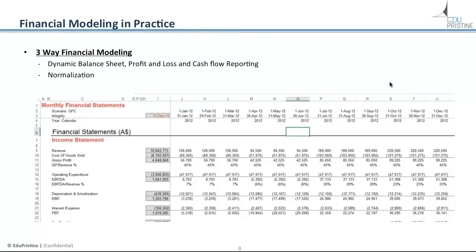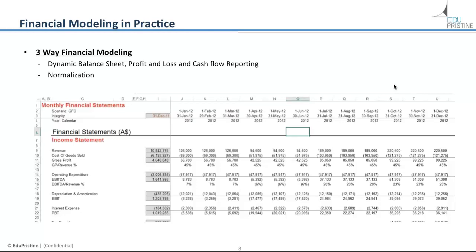Now those who are starting out in the finance and accounting industry will know that your revenue and your expenses are in your profit and loss, your assets, liabilities and equity items are in your balance sheet,